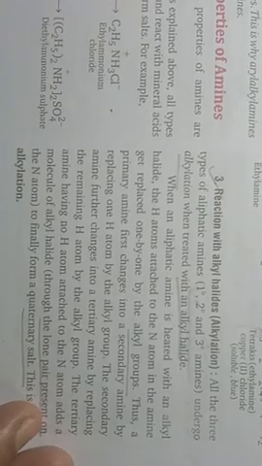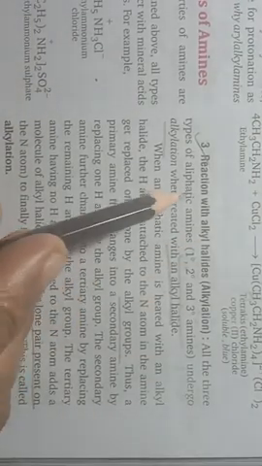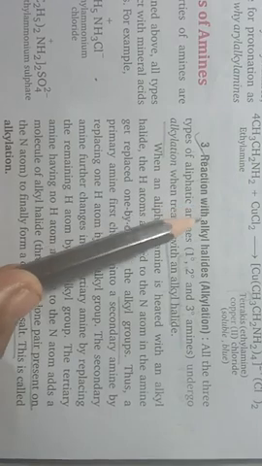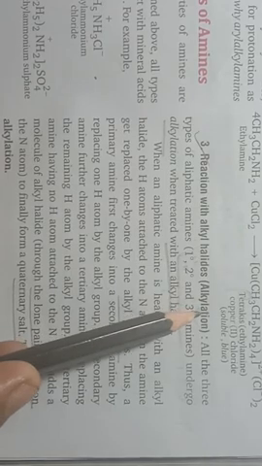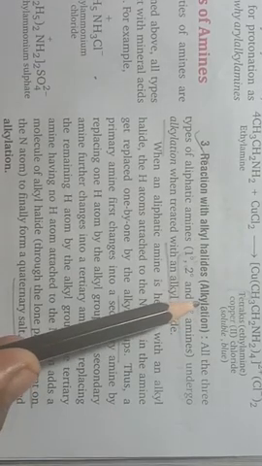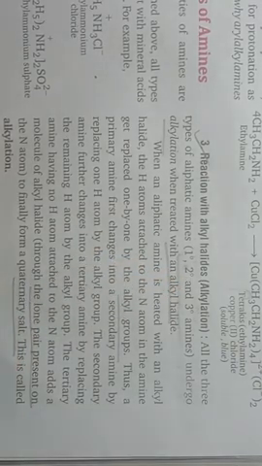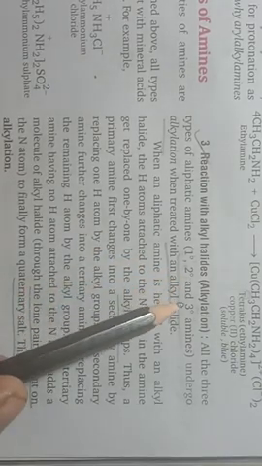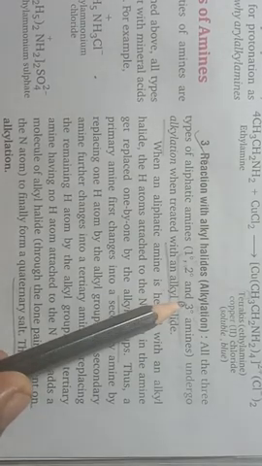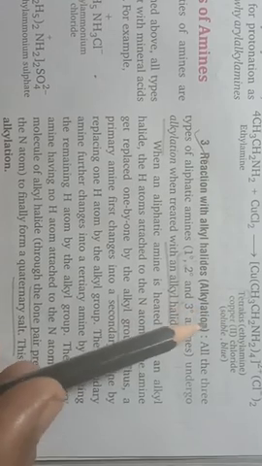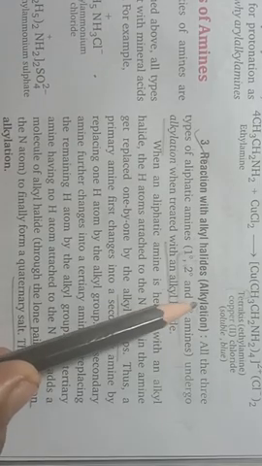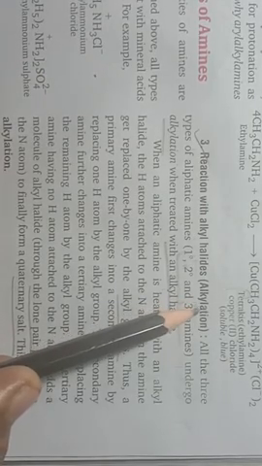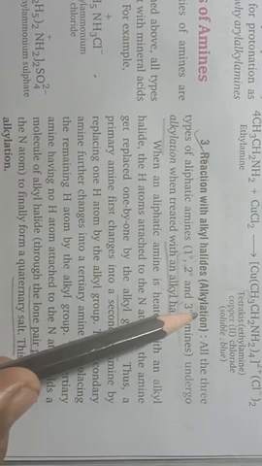Hello children, today in this lecture we will discuss chemical properties of amines, and the first reaction is reaction with alkyl halides. This reaction is also known as alkylation of amines. In this reaction, amines are reacted with alkyl halides, and hydrogen atoms present in amines with nitrogen get displaced by alkyl groups. So you can say that under alkylation reaction, alkyl substituted amines are formed due to the displacement of hydrogen